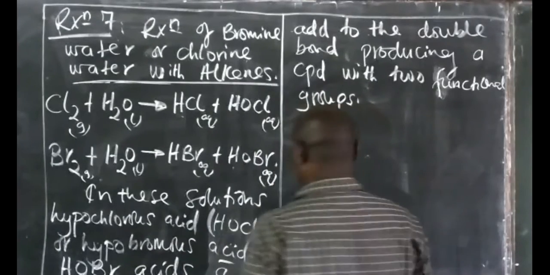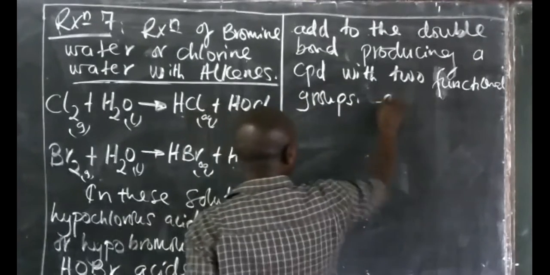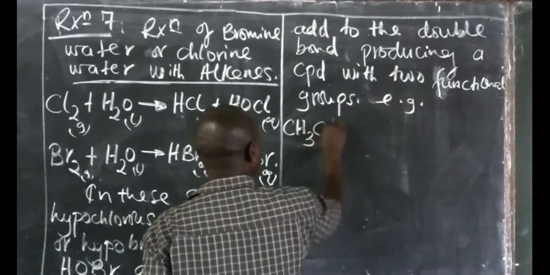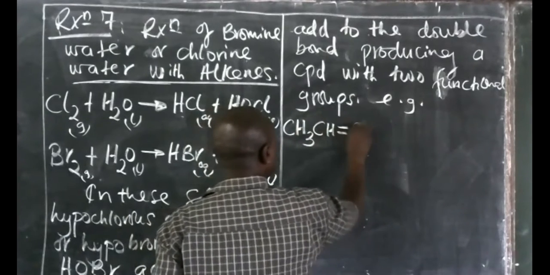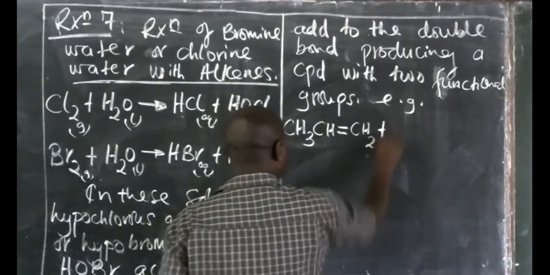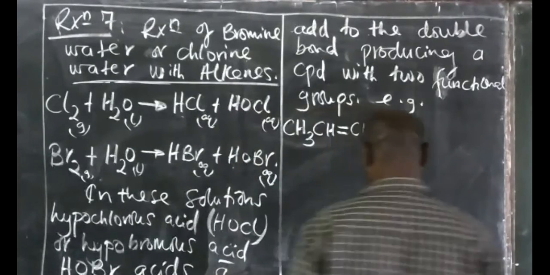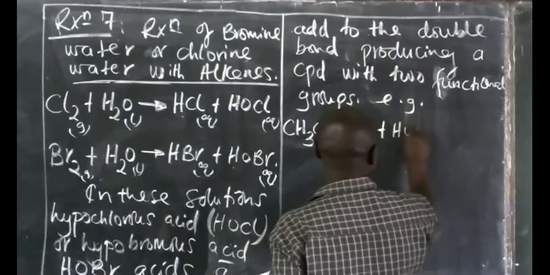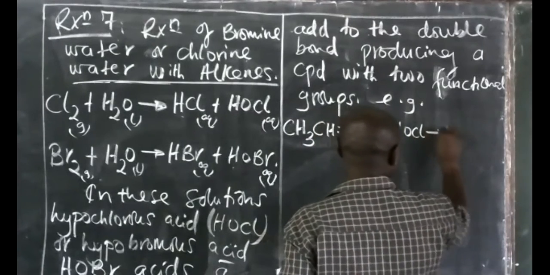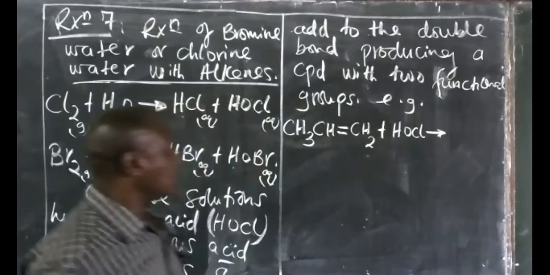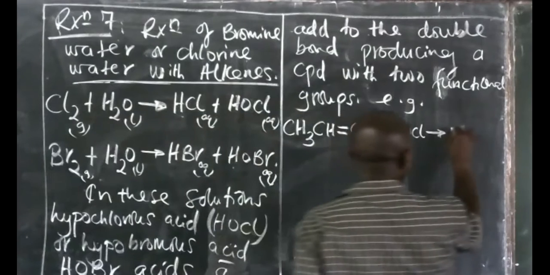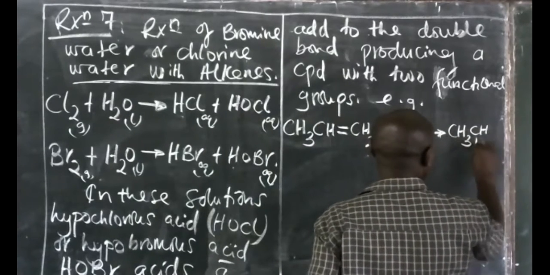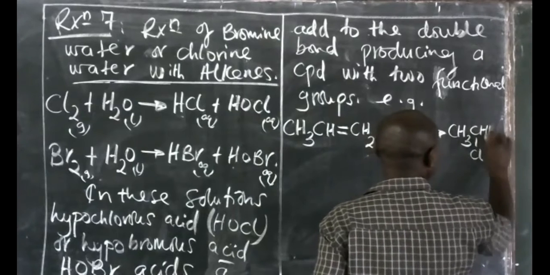So, e.g., if I have CH3, CH, double bond, CH2 plus HOCl, it is going to give me CH3, CH, Cl, CH2,